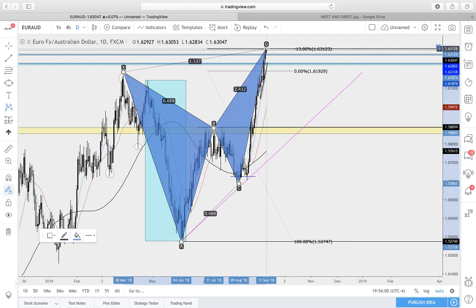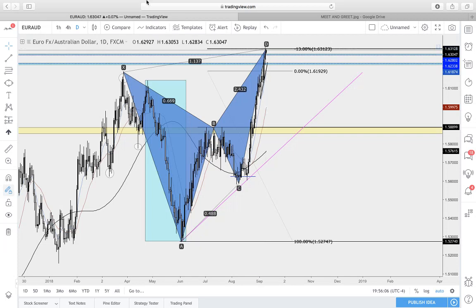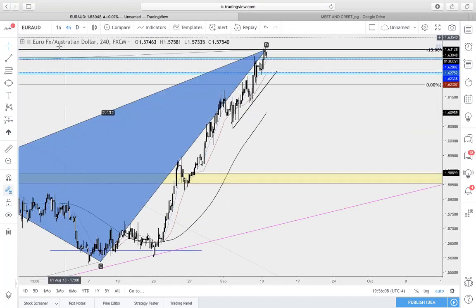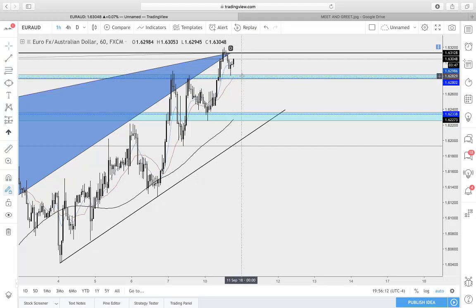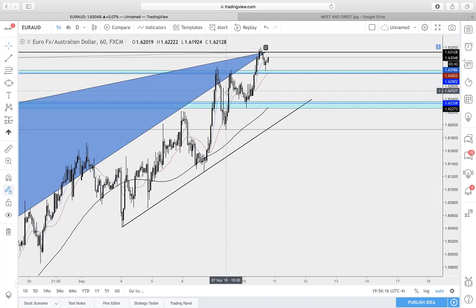And this is your shark pattern on the daily. And this is a position setup, which means it will last probably several days. Again, when we go to the lower time frames, we need to confirm it. So we're just keeping an eye on this. If it breaks out any of these lows, we'd look for a retest, obviously, for the downside move. But overall, it is still up. It is still bullish, creating these higher highs and higher lows on a lower time frame. So we just have to wait for that extra confirmation, because this could continue to rise up. But something we're keeping an eye on there.